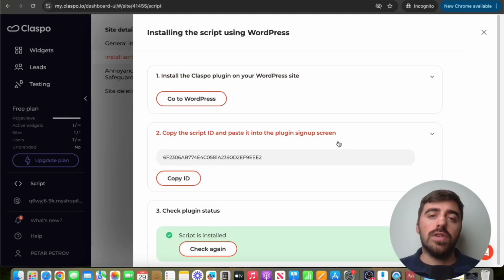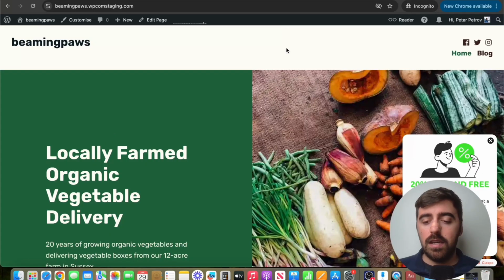Once your script has been installed correctly, what you want to do is go ahead and preview your website and see if your sticky countdown timer is there and if it's working as intended. So here's my website, and in just a second, I should see my countdown timer. As you can see, here it is. It looks super nice and clean, and it's also fully interactive. And that's about it. That's how to add a sticky